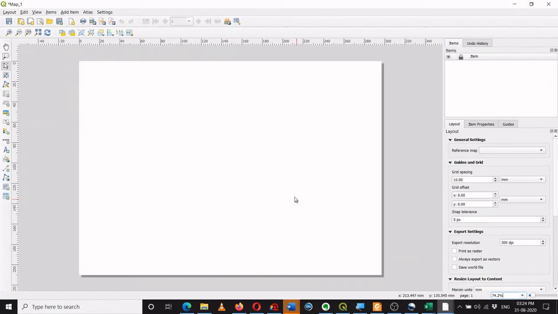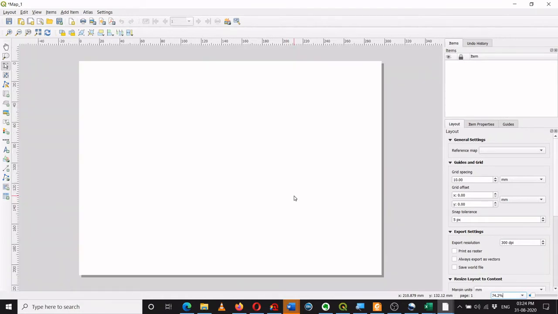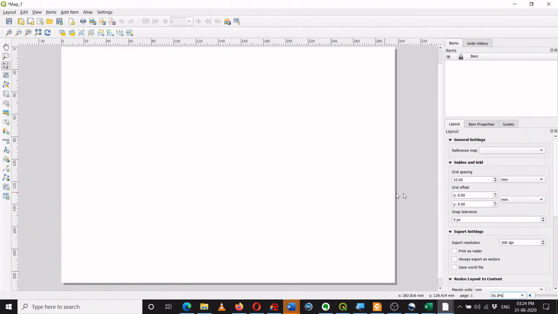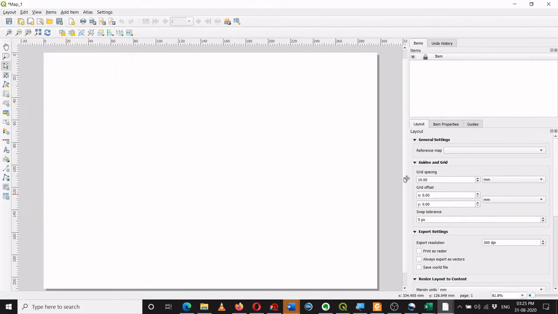Otherwise I can also change it by just scrolling the mouse, and I can do it with more precision by using control. For example, like this gives me more control on the map dimension of this space.